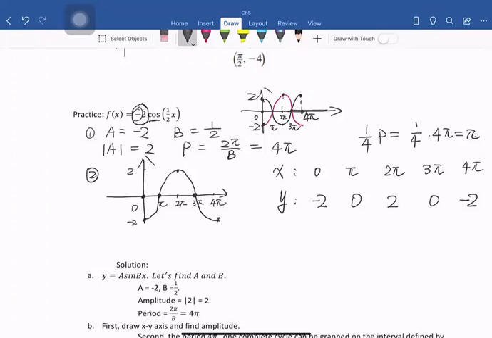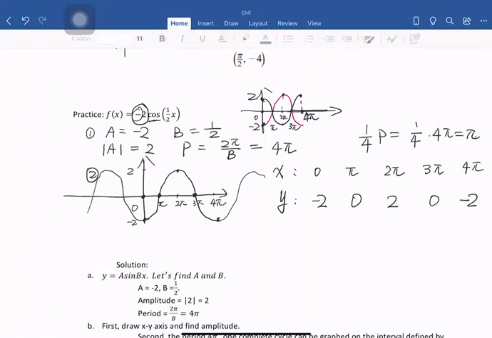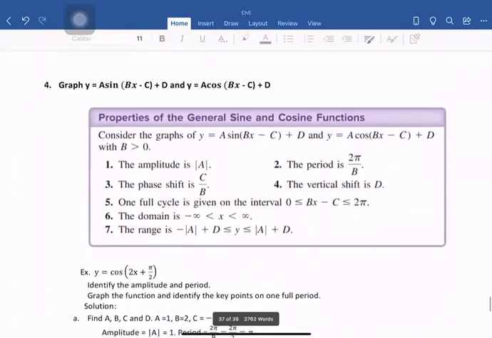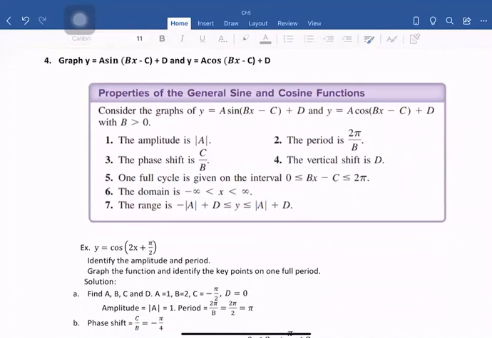If you want to continue to draw, you can also draw like this. It doesn't matter. Okay, let's go see the next part. Graph y equals 8 times sine